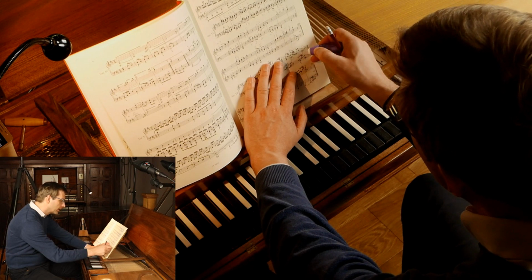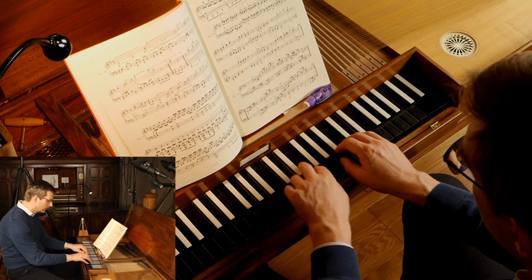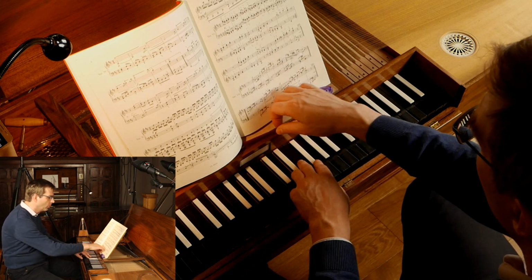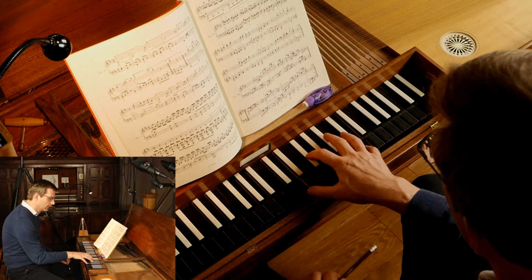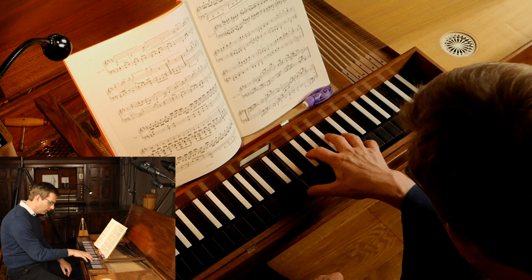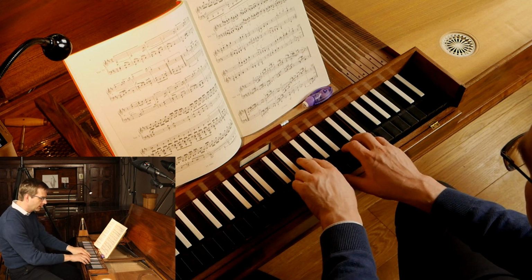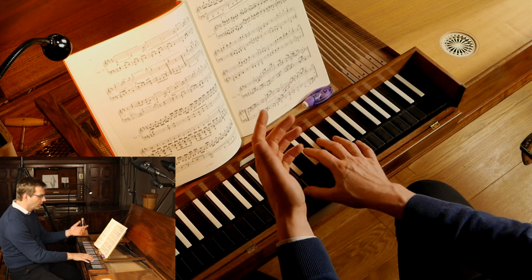Let's see if this works. Like that, fine. So how are we going to play that? Now, this D is bothering me a little bit because I have to keep it. So there's no way I can take this with my left hand. Okay, I think so. Okay, how are we going to do this? This would be nice. We could...